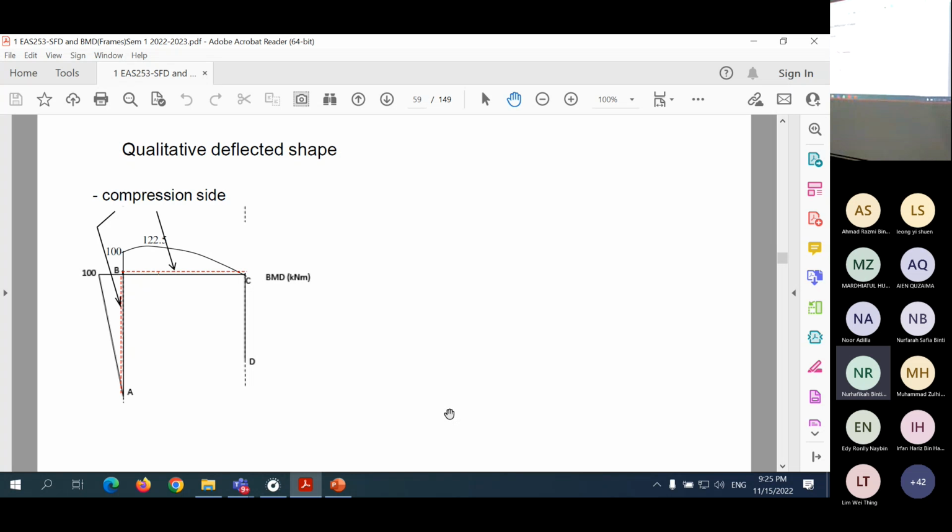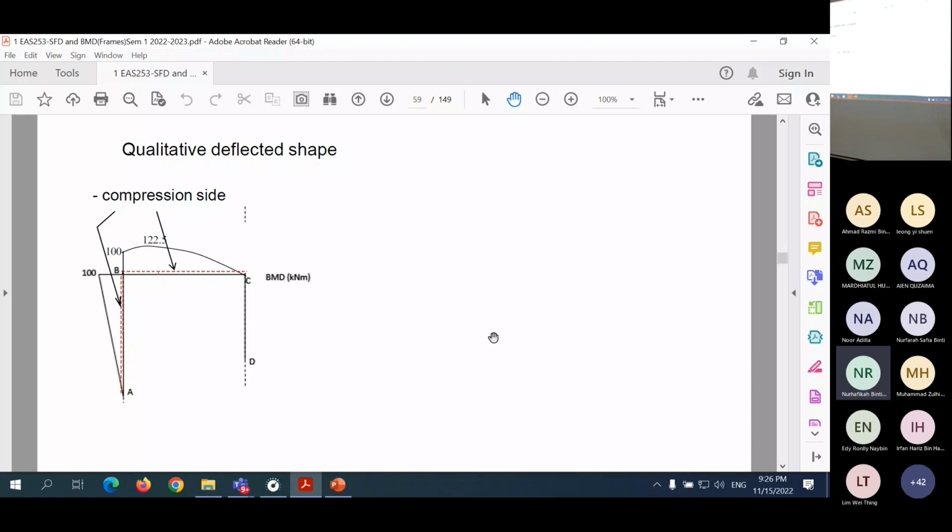If we know which part of the member should be in compression, then we should know how it should bend. This part, the top part, is in compression, so how should this member bend? There's no moment. No moment means this member must be straight. It cannot bend. It might move or rotate, but it must remain straight. And this point can move, this point cannot move. So that is the point that you have to consider when drawing